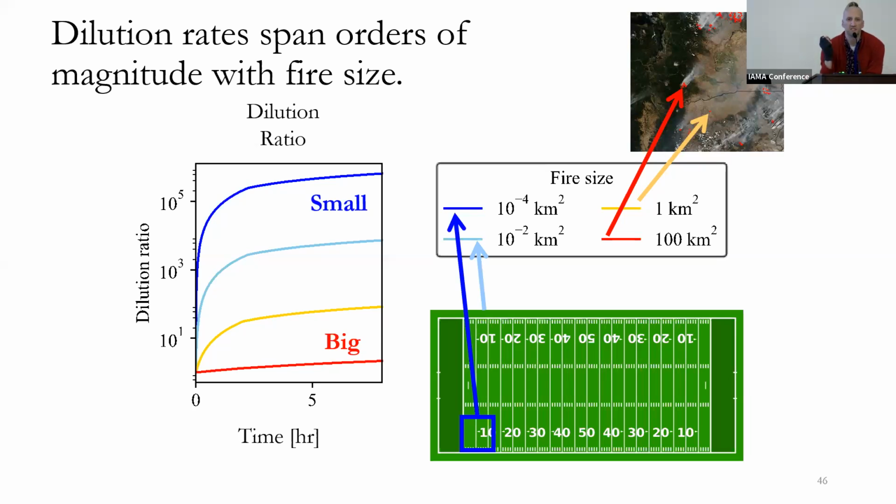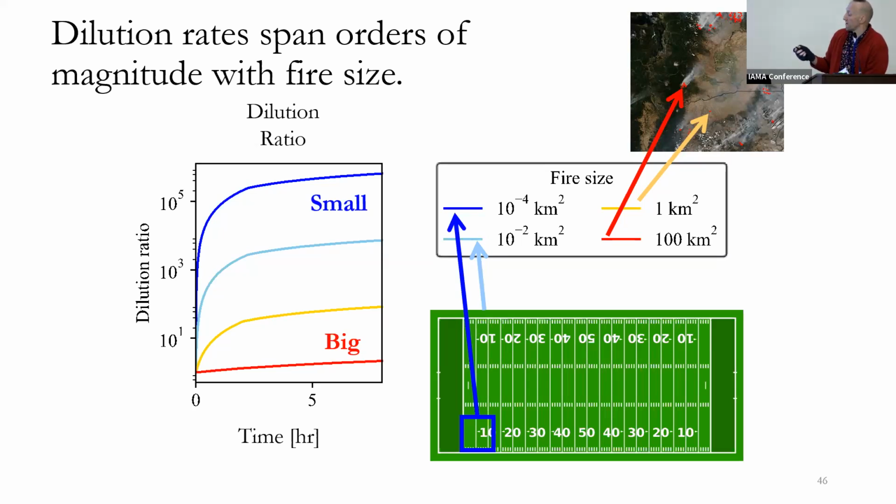So what this means is if we start with like 1,000 micrograms per meter cubed at time 0, which is typical for a very fresh plume, after 8 hours it's only going to have diluted down to 500 micrograms per meter cubed. Wicked high concentrations, but that's expected for a very, very large fire. If you sample it several hours down, you're still above 1,000 micrograms per meter cubed.